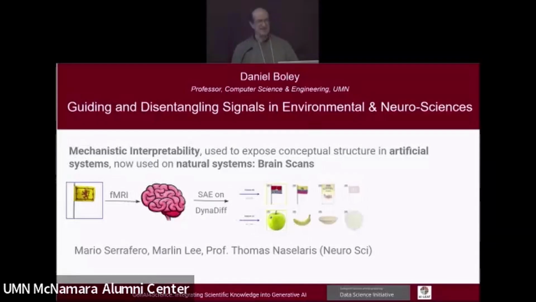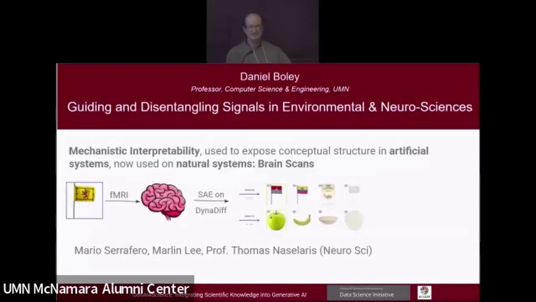And instead of just taking the outputs of these deep learning models, I want to look inside and try to understand why they come up with their predictions, to make them more trustworthy. So this is using mechanistic interpretability, which is used to expose conceptual structures inside artificial neural networks. So one idea we had was to try to apply this to a natural system that you can't disassemble explicitly,